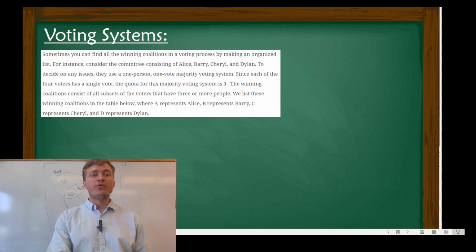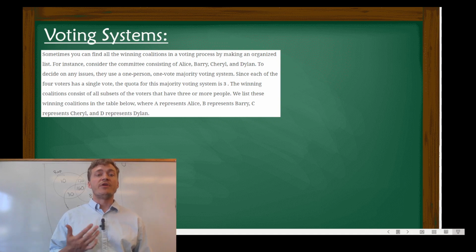Sometimes you can find all the winning coalitions in a voting process by making an organized list. For instance, consider the committee consisting of Alice, Barry, Cheryl, and Dylan. To decide on any issues, they use a one-person, one-vote majority voting system. Everybody's vote is equal. Since each of the 4 voters has a single vote, the quota for this majority voting system is 3. The winning coalition consists of all subsets of the voters that have 3 or more people. In other words, if it's a 2-2 vote, it's split. There is no majority winning. If the vote is 4-0 or 3-1, then there is a majority, and therefore they reach the